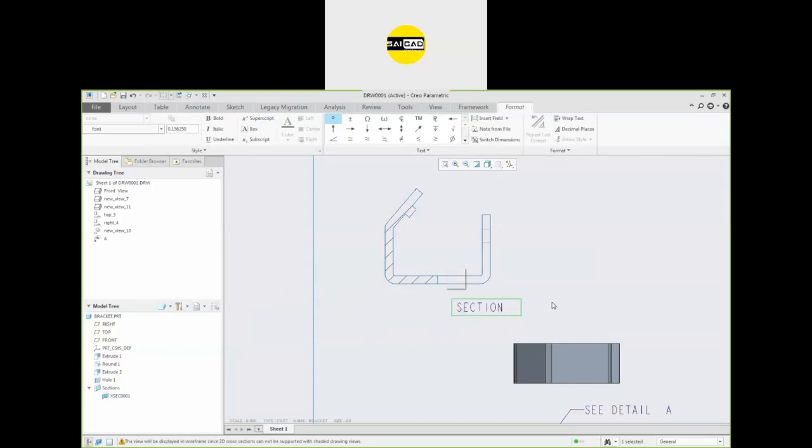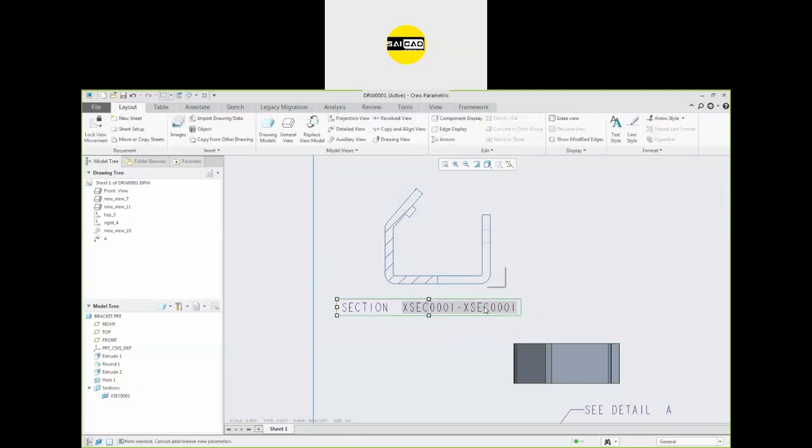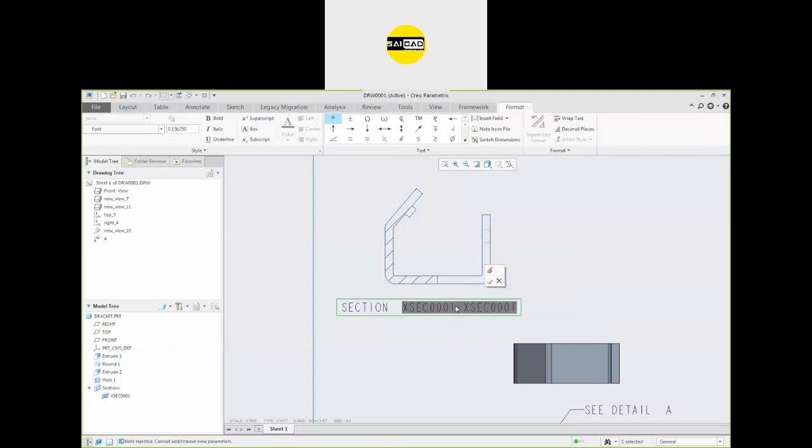Okay, so this is section like I want to specify this is section A dash A. Okay, so the name will be imported directly from the view.